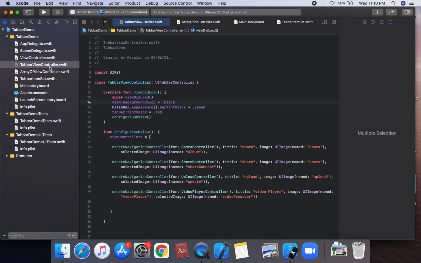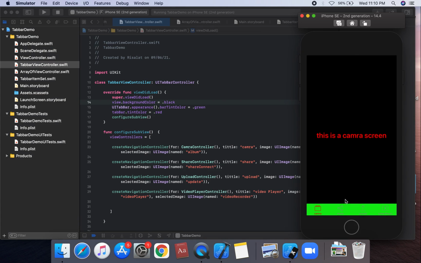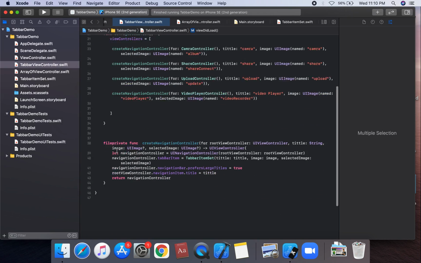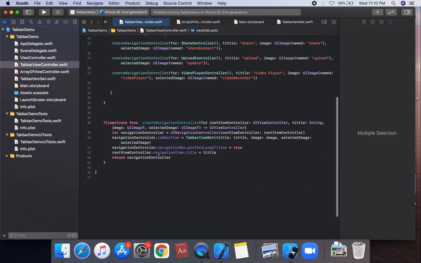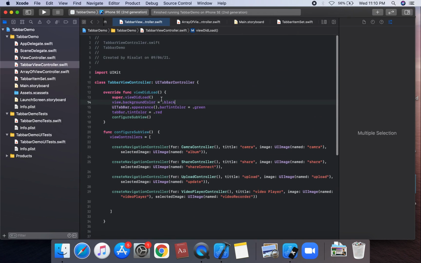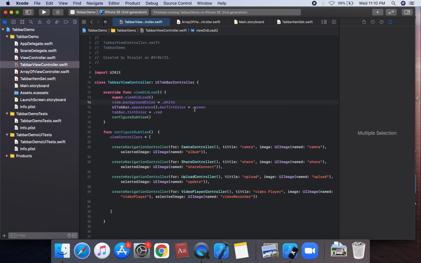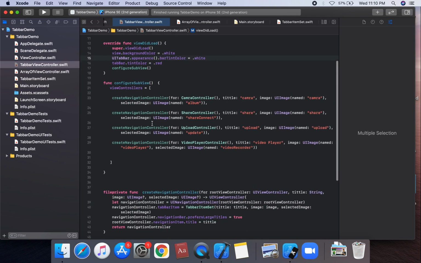We're going to run the build and change to this black color. The title color also changes, so we can remove the title color. Suppose the title color, the navigation bar title, we can set to black, otherwise white is accessible, and the bar tint color is green, otherwise white is similarly simple.